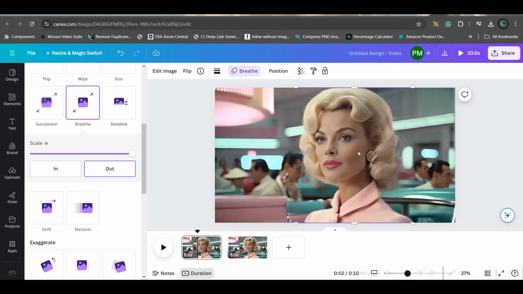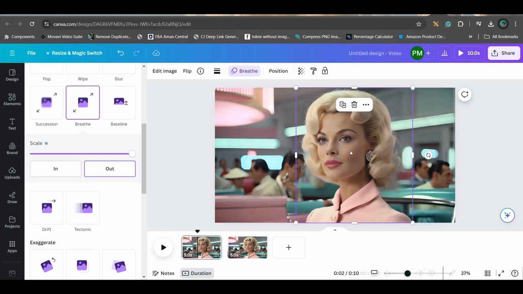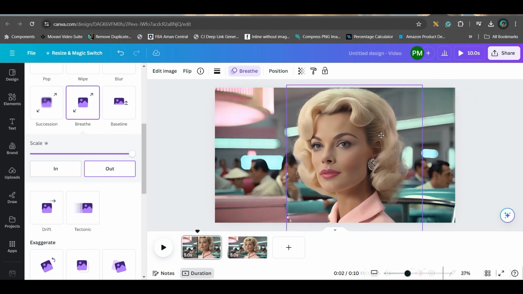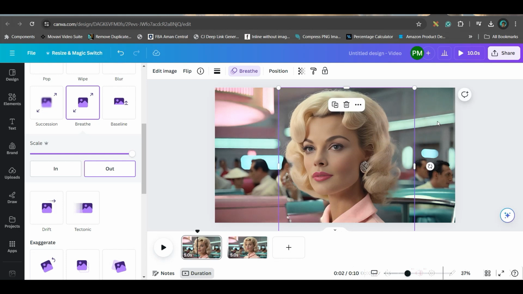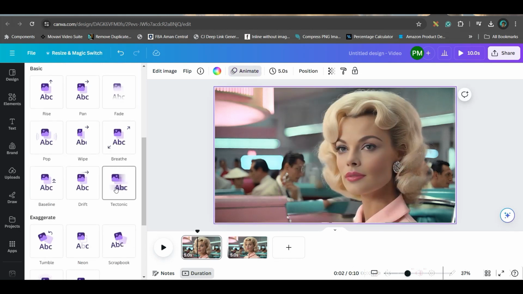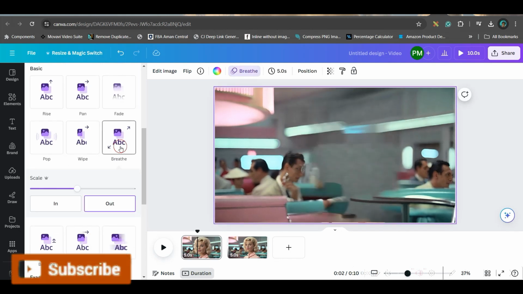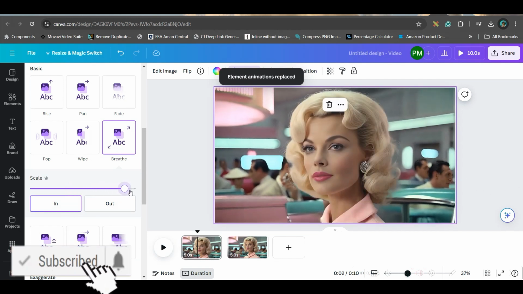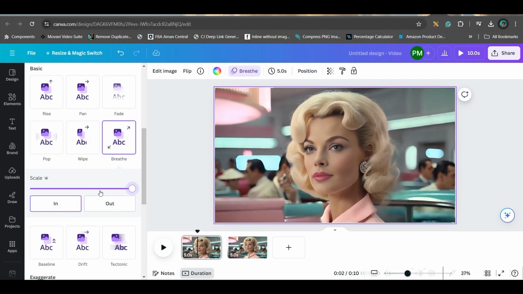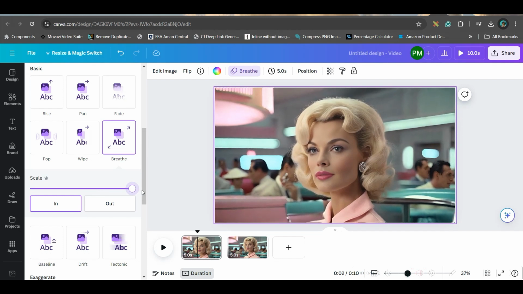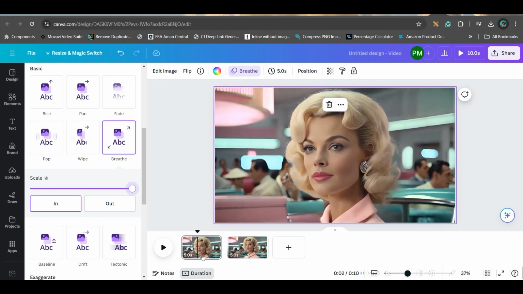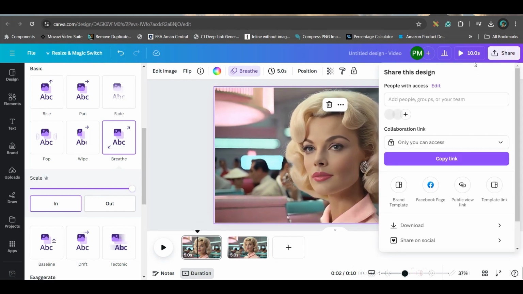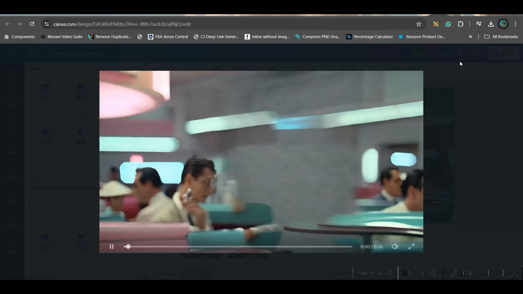Okay, now you can see there is a problem. The image itself is kind of coming in front, so you'll have to make sure that the image is little bigger like so, and go to the background. Again same way, you will have to take breathe animation itself, and this time I will go for breathe in and take the scale all together right hand side position. Now if I play it, if you play it from here,